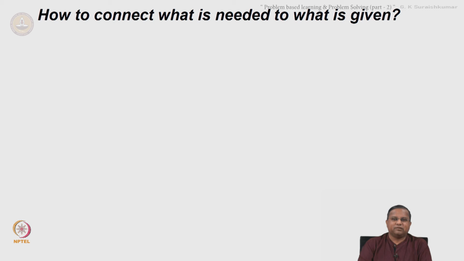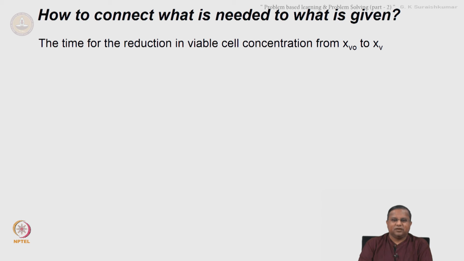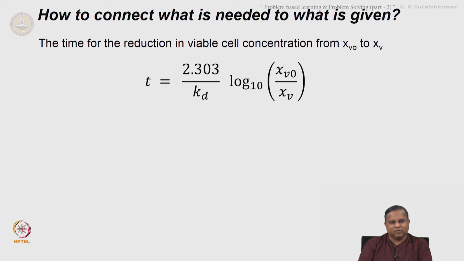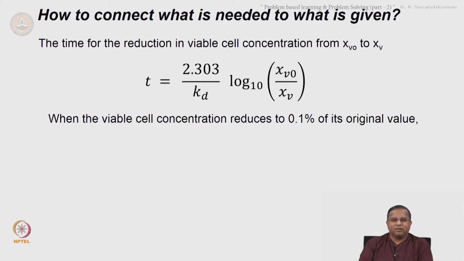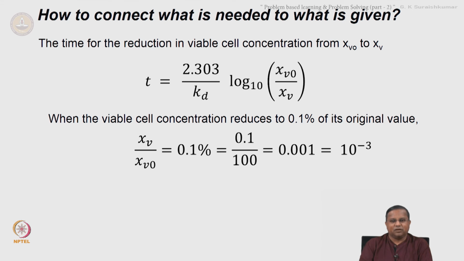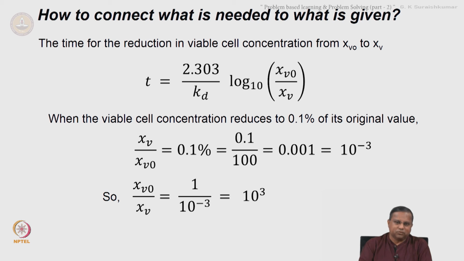How do we connect what is needed to what is given? The time for the reduction in viable cell concentration from x v naught to x v is this, we have already seen this. When the viable cell concentration reduces to 0.1% of its original value, x v by x v naught is 0.1 into 0.1 by 100, 0.001 or 10 power minus 3. What we need is the inverse of that to substitute into the equation. X v naught by x v is 10 power 3,